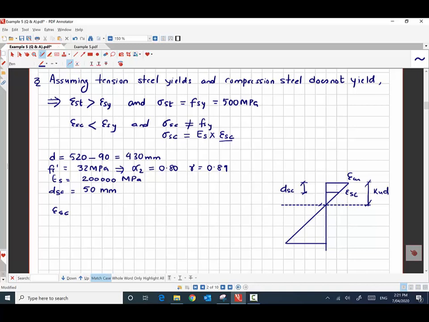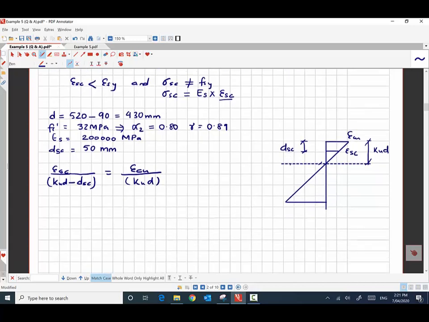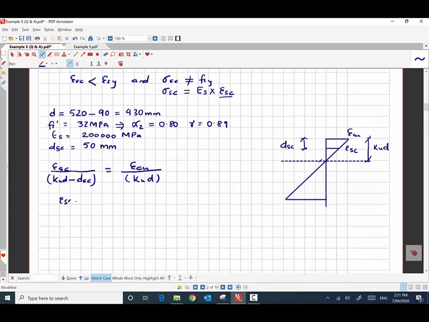So epsilon SC divided by the height of the small triangle, that is KUD minus the effective cover DSC for the compression reinforcement, should be equal to the strain in the concrete, epsilon CU, divided by the whole height, KUD. So we can write epsilon SC equals epsilon CU, which is 0.003, multiplied by